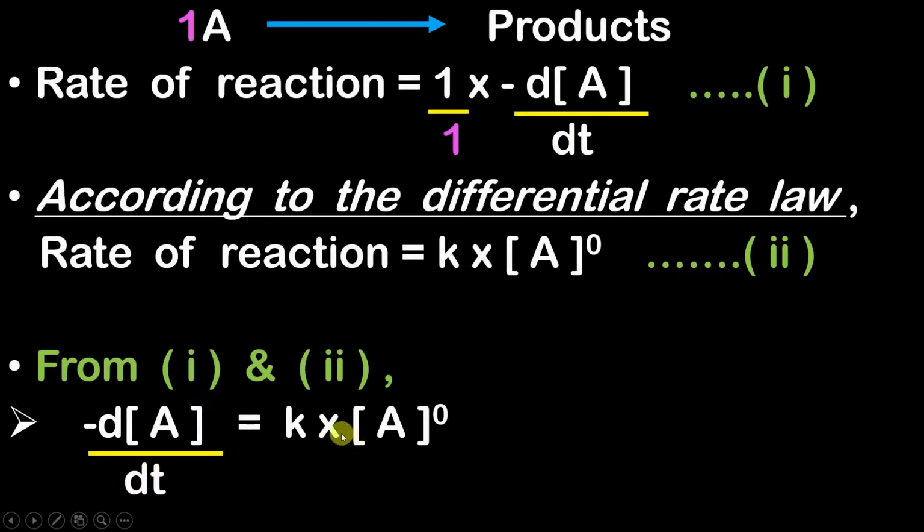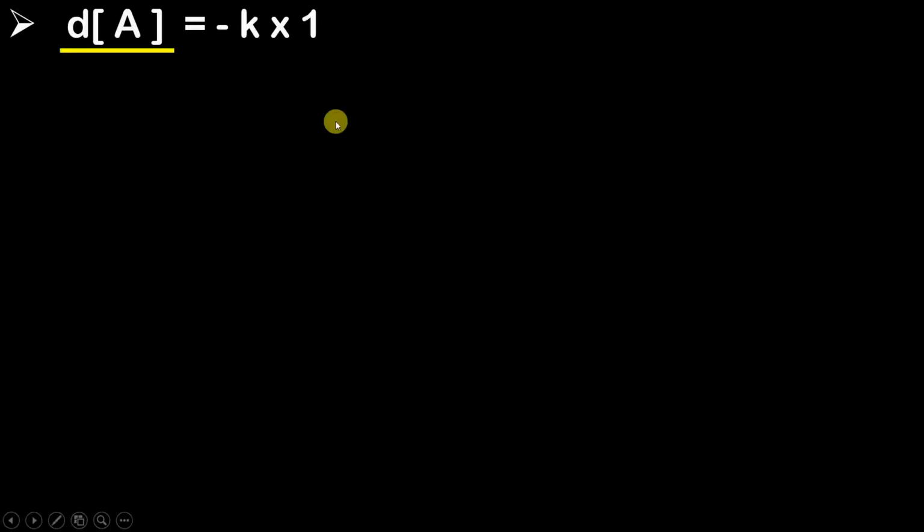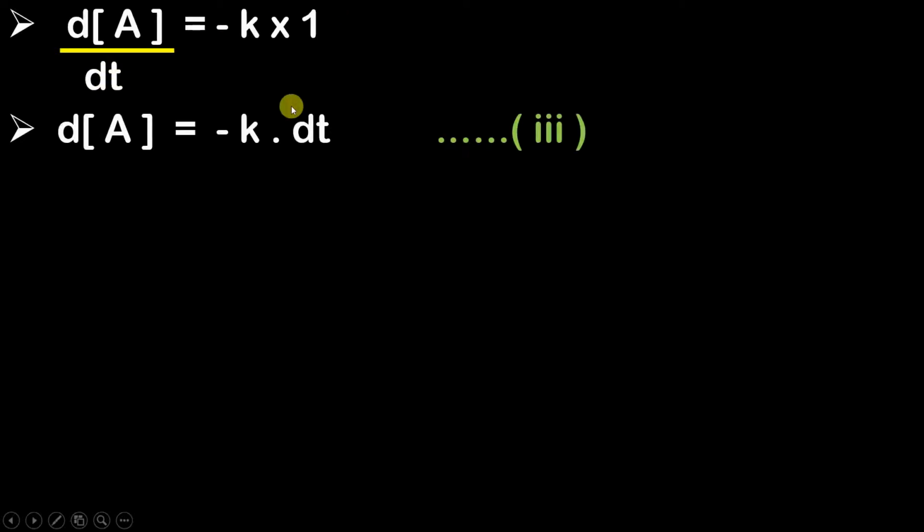Now what I'm going to do is multiply this equation by -1. So when I multiply this equation by -1, this is something that we get. Next, we are going to shift this dt to the right hand side. So shifting this dt to the right hand side, what we get is this equation, and we name this equation number 3. Now let us keep this equation aside for the next 2 to 3 minutes. Now if you look at our equation carefully,